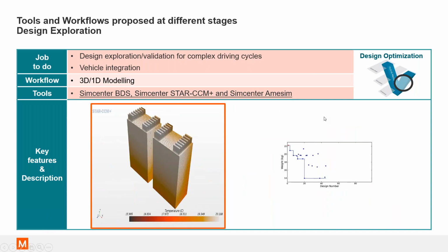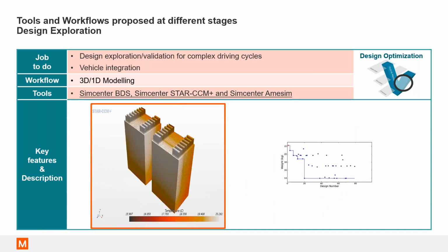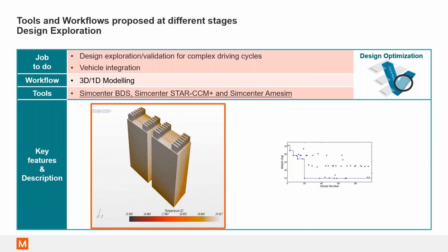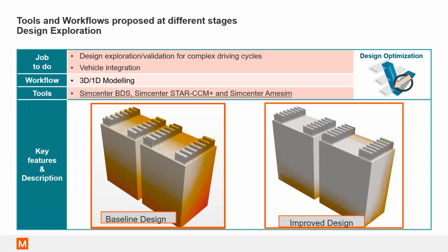So here you see an example where the pack geometry is changing as the coolant path is changing. The idea is to have a more uniform temperature. So initially we started off from 22 kgs of the pack weight. And at the end of the design optimization, I could reduce it to almost 14 kgs. And this combines SimCenter PDS, Star CCM, and AIMSIM. And you can see the baseline versus the improved design. I can see a more uniform temperature. The weight reduced by almost 35%, and the temperature uniformity improved by 30%.